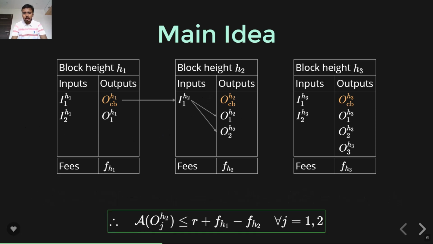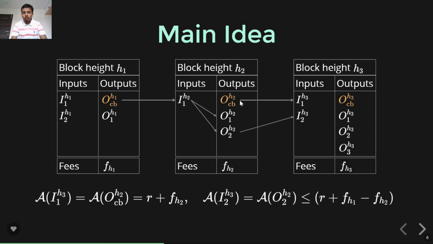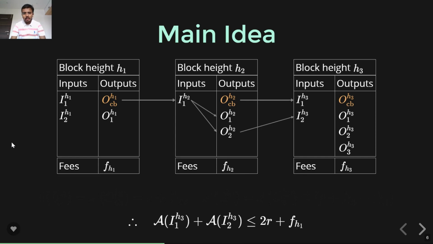Now we can establish an upper bound on the amount present in each of these regular transaction outputs in block h2, because we already know the sum and we already know that the amounts in these are non-negative. Similarly, now let's say the Coinbase output in block h2 and one regular transaction output in block h2 was spent in block h3. So now we are trying to compute the sum of inputs in block h3. The amount in this input is fairly clear, which is r plus f_h2, and the upper bound on this amount is similar to that of this output, which is r plus f_h1 minus f_h2, and if we add them we get the total